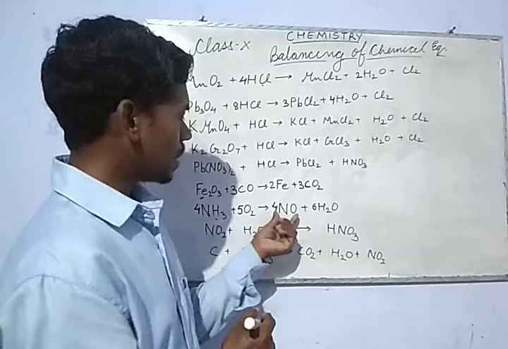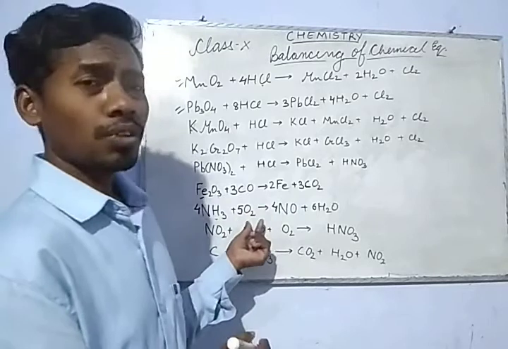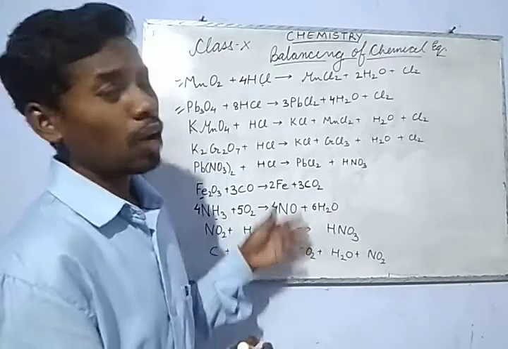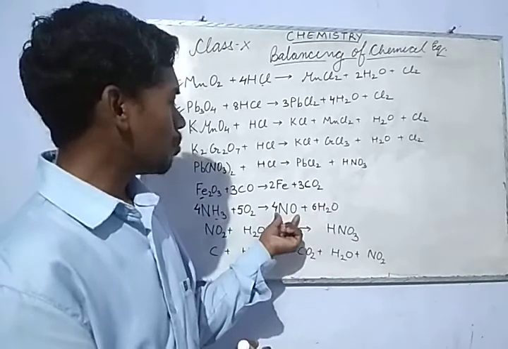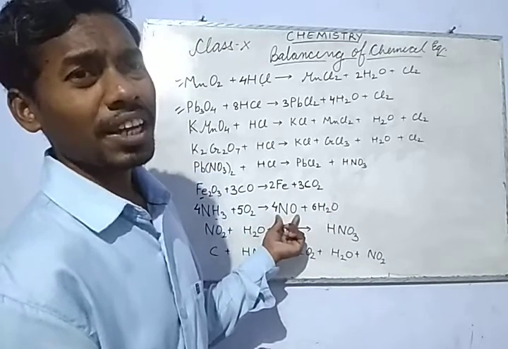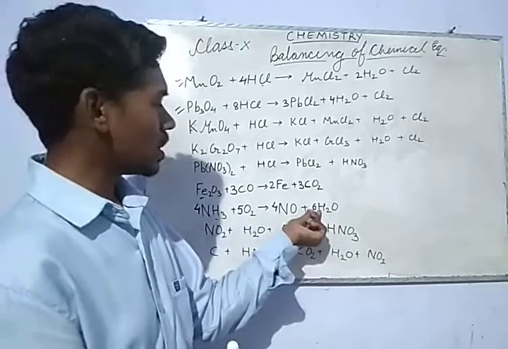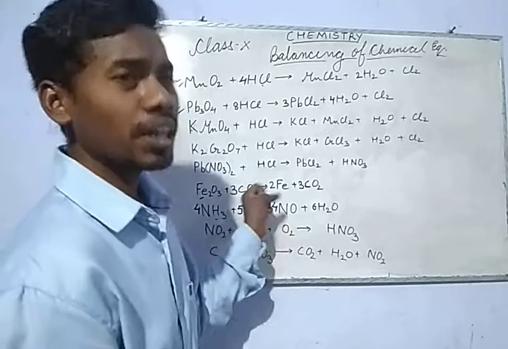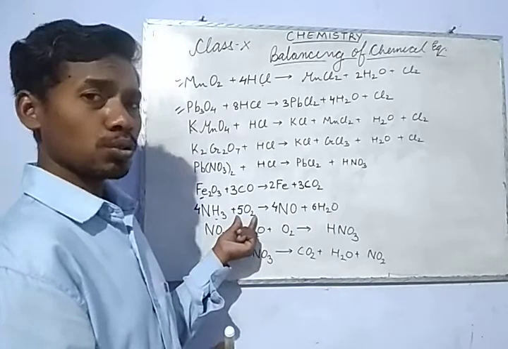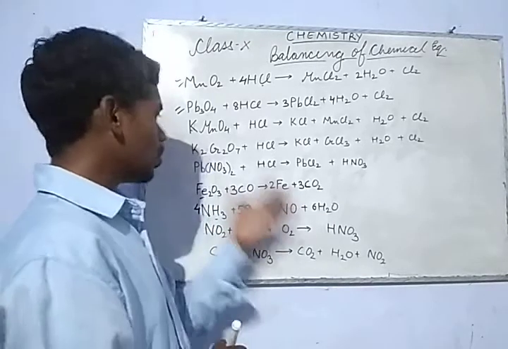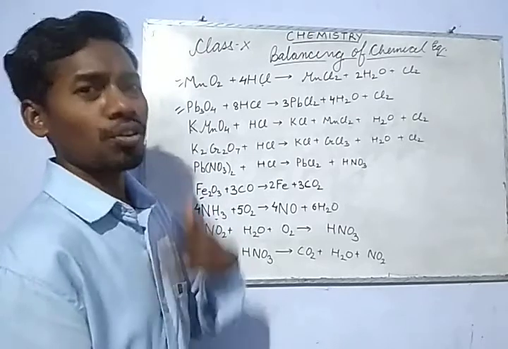So you saw that when the oxygen was odd, it is not easy for us to balance, so we need to make it even. How do we make it even? By multiplying by a multiple of 2. Earlier the number of oxygen was 5, so we need to make it 10. We just double the quantities. It was 3, so we made it 6, and it was 2, so we made it 4. So it became 10 here, and we can put 5 here, and it became 10 oxygen here also. So that is the way we try to balance. It is not possible every time to balance it by one way. We have to keep on trying.